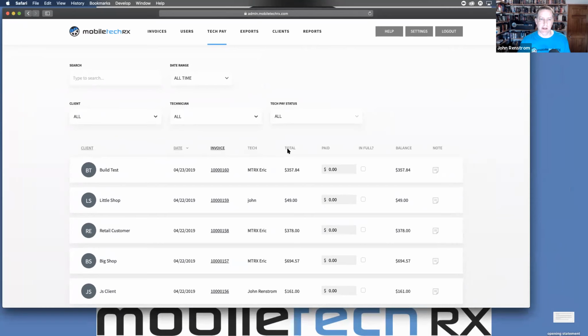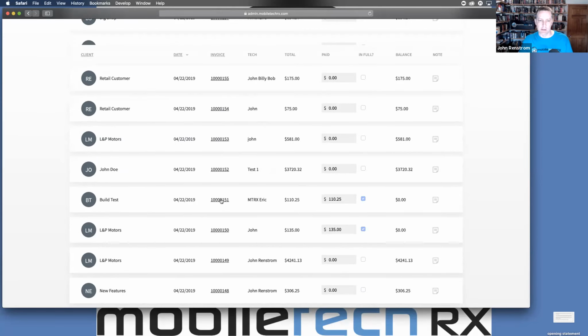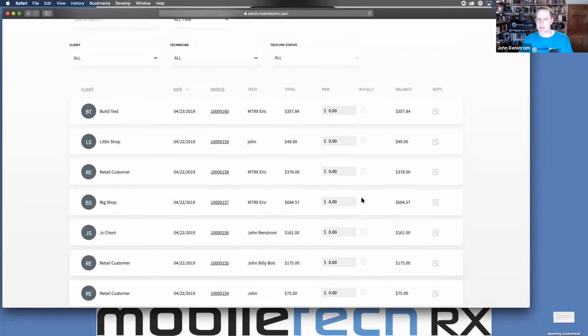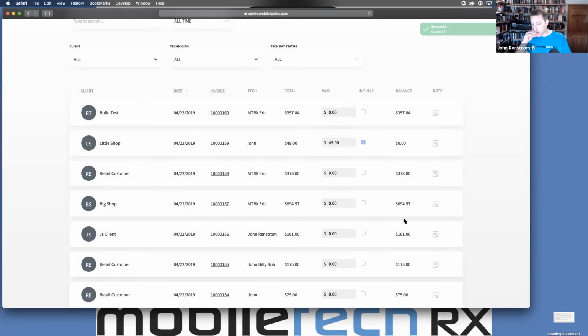So what we see right here on this invoice, we'll just use the last three because my numbers are ridiculously long, is 160. MTRX was our tech, and he billed a total amount of $357.84. Here we can mark how much we're paying him, whether we paid it all. If it is already paid in full, it will be checked. As you can see on this 151, that technician has been paid all of the 110.25, so the blue checkbox is there. We should be able to just click that blue checkbox, and it will automatically put in